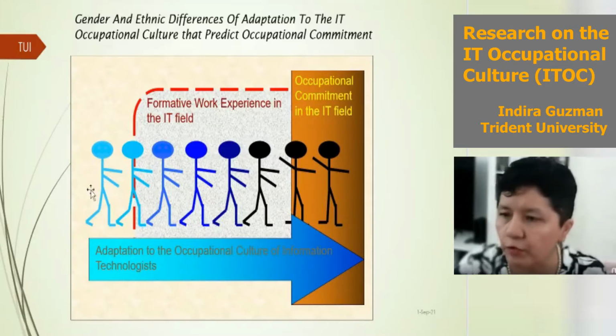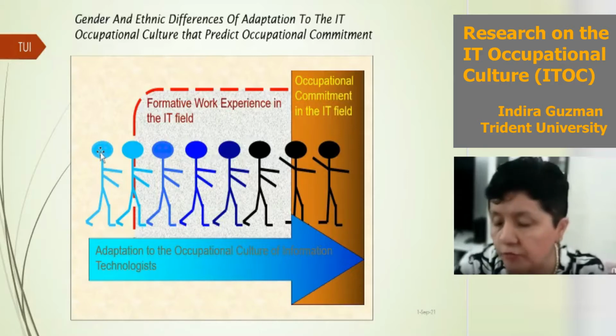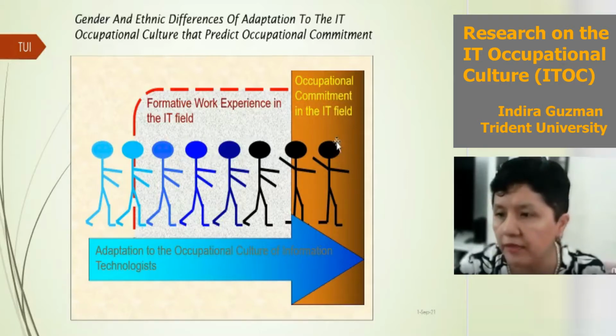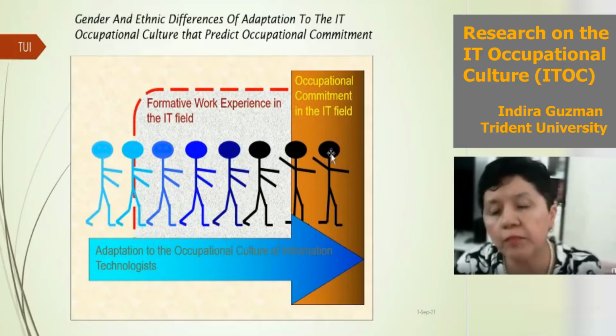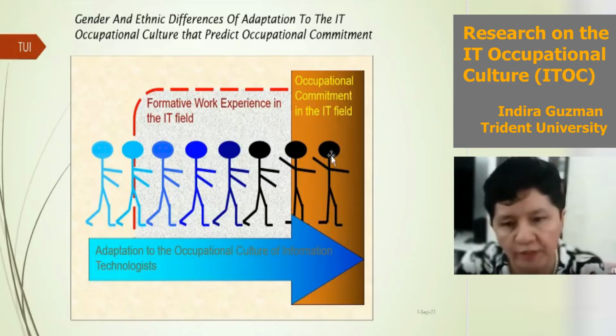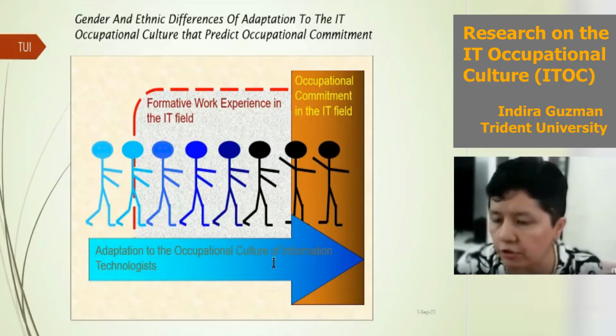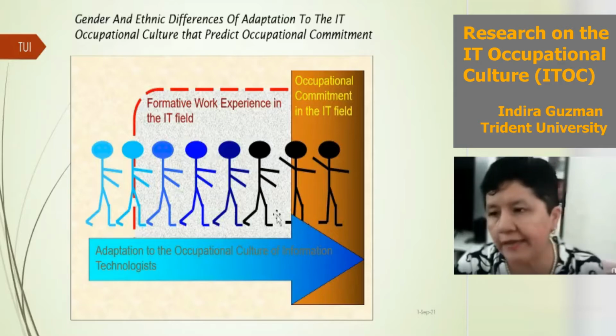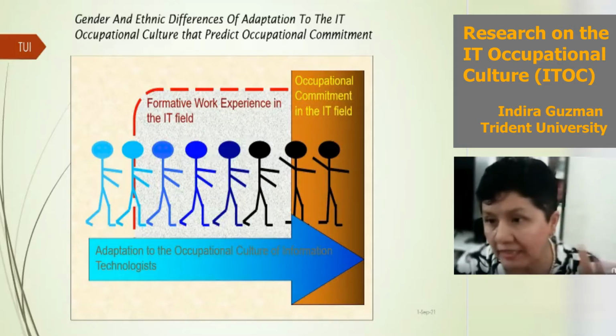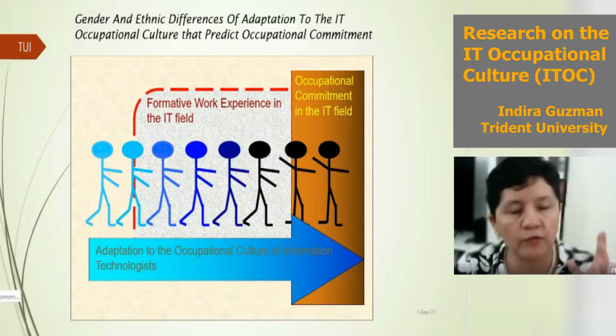So in this representation, that's what it was showing. At what point you become dark, like in this case, dark blue, whatever color is the IT profession. You are first just being acquired, being introduced to, and then you become the IT professional, which should be the point where you are actually super committed to your profession, committed to your occupation. So that adaptation happens over time. And so in this first quantitative study, well, it wasn't quantitative really, it was a mixed method.